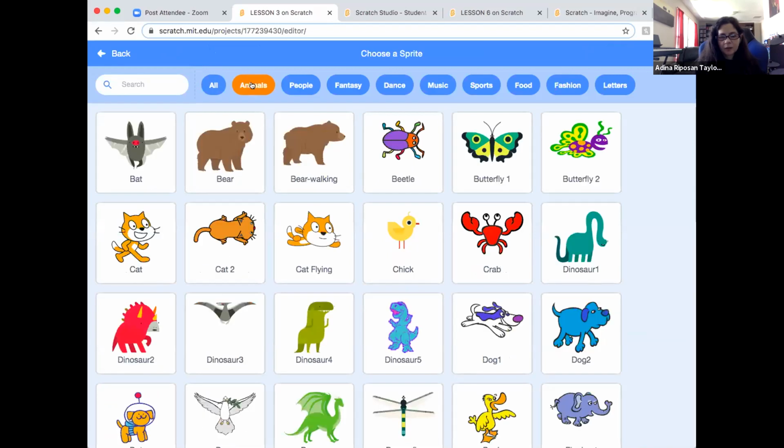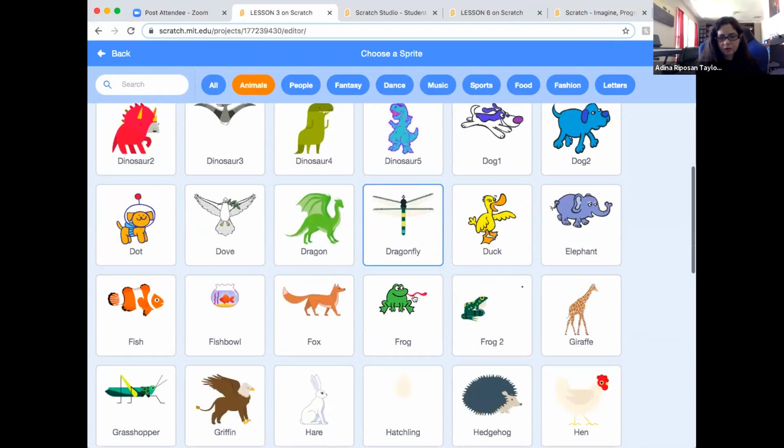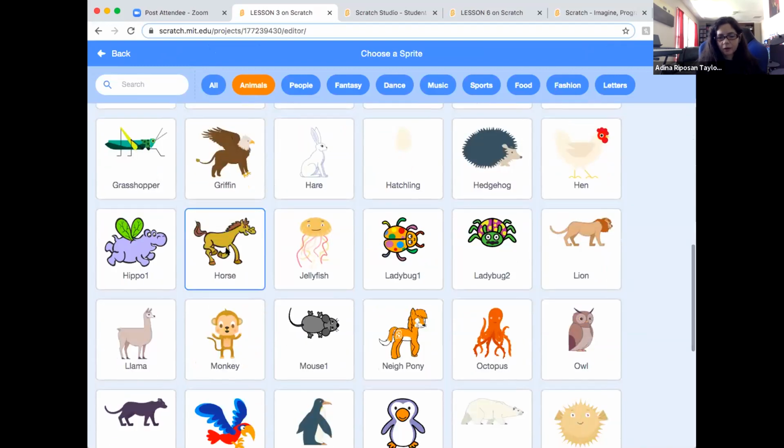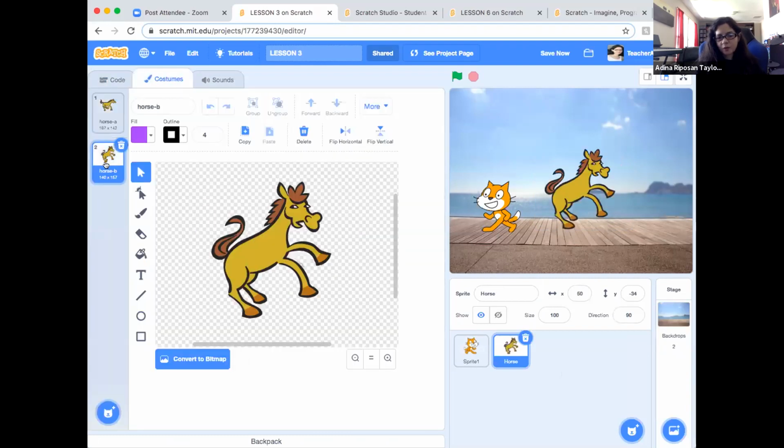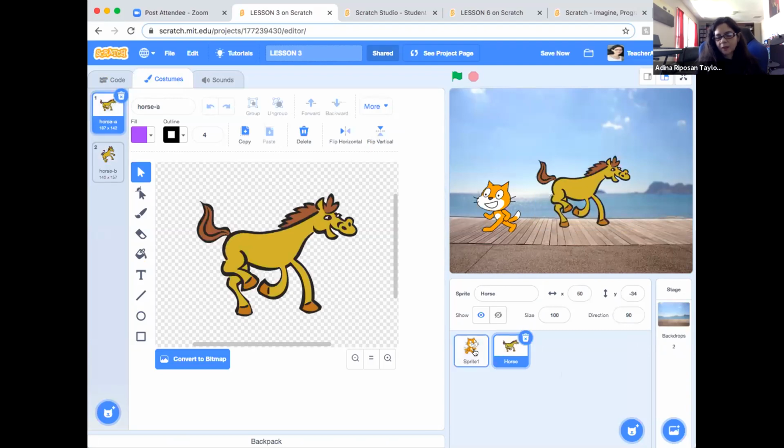We go to animals, and I just like that horse. Here, the riding horse. If I add it here, I check the costumes first. It's got 2 costumes, so that's easy. See, it's going to run. And what I can do if I don't want to